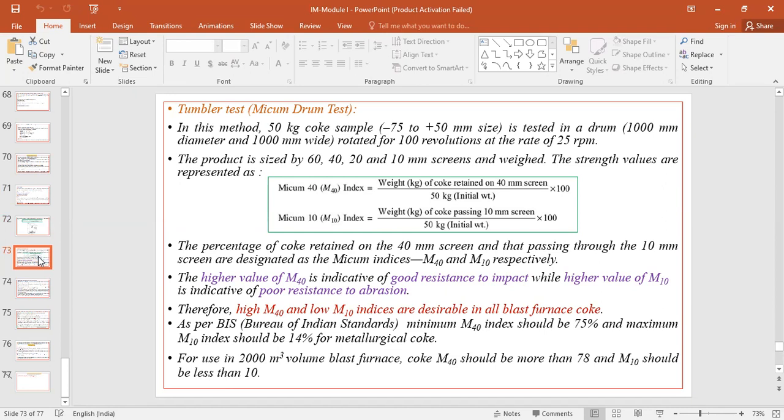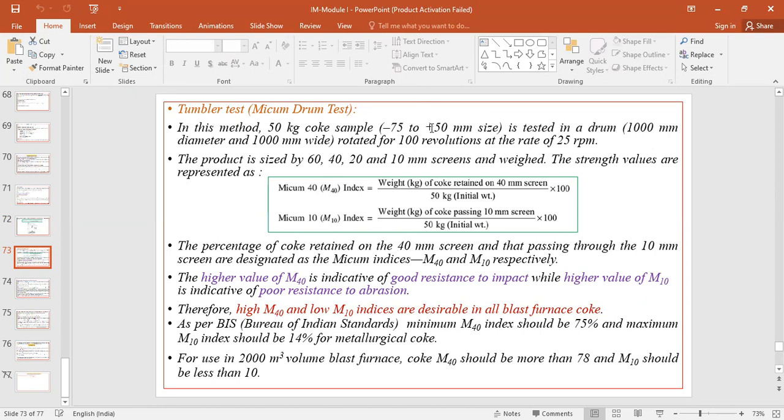So this will give an idea about the coke having resistance to impact and abrasion. In this method, we are taking 50 kg of coke sample, which has a size of -75 to +50 mm. That means we need to first take the 50 mm size sieve and 75 mm size sieve,